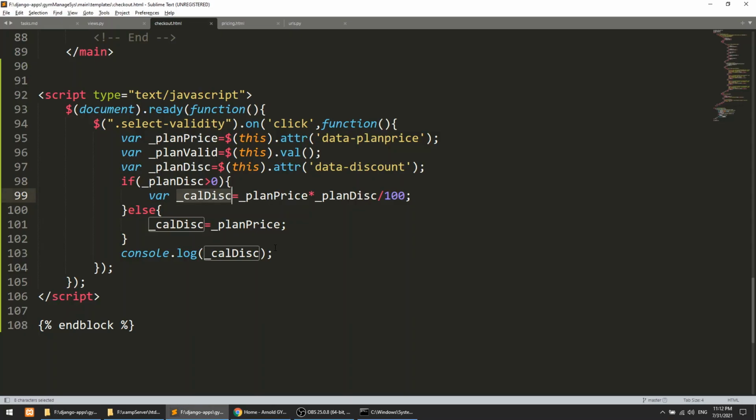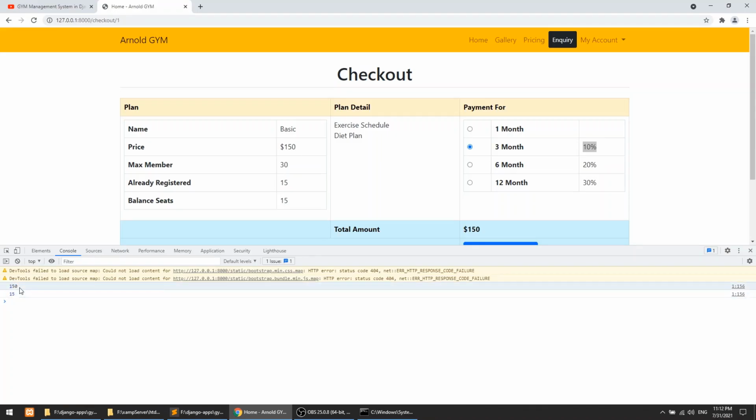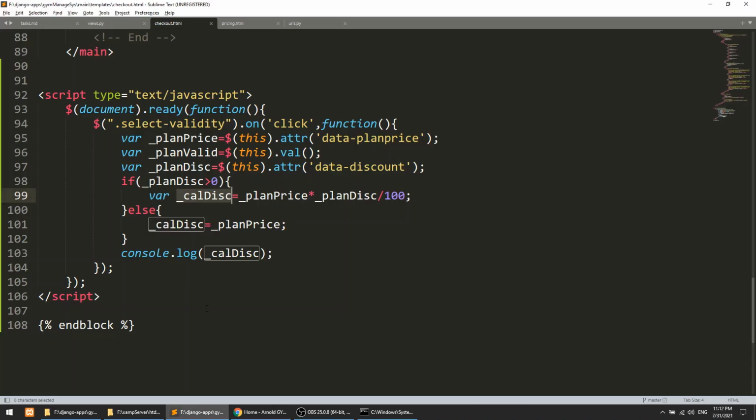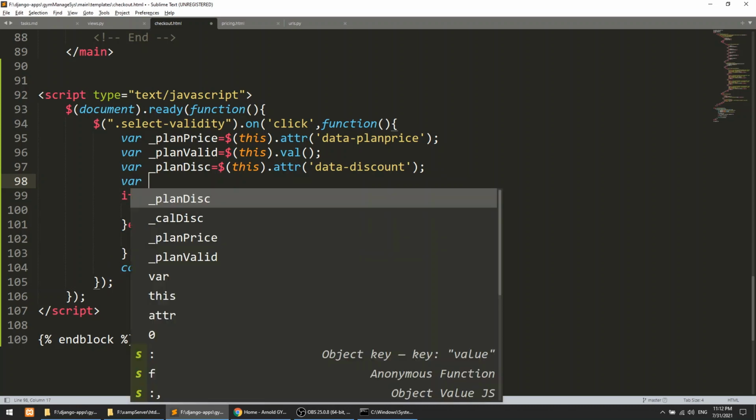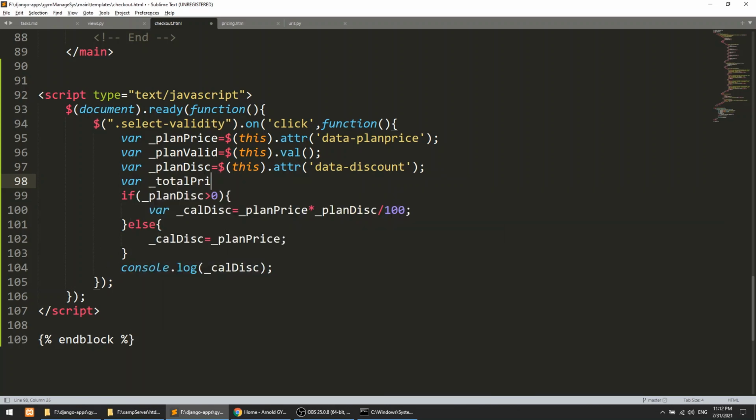We are not performing one thing here. We need to multiply with 3 also, because this price is for 1 month, not for 3 months. We need to multiply this price with the plan validity. So total price equals plan price into plan validity. Now this price will go with the calculation for the discount.